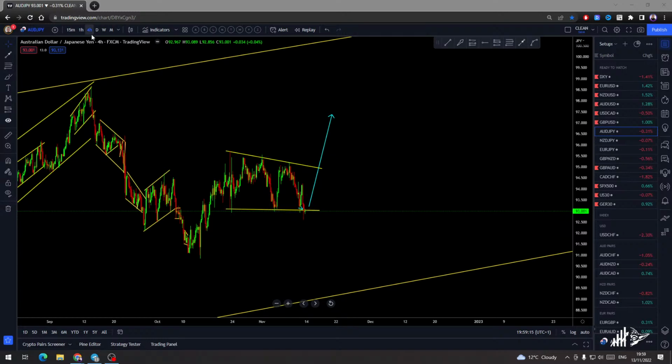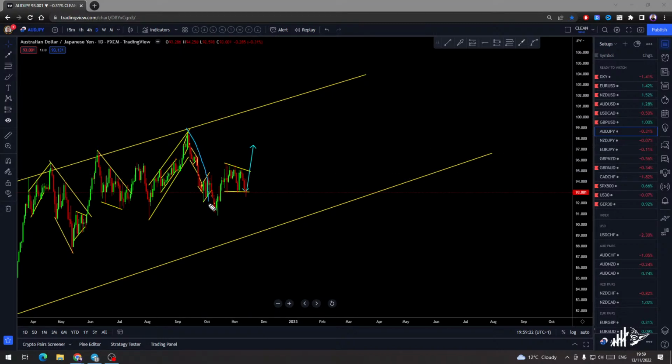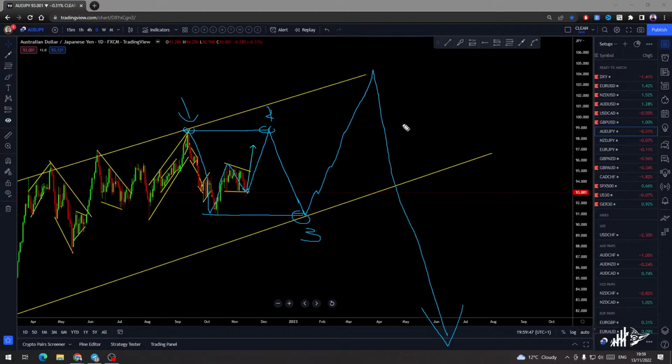So yeah, this looks like a correction. We will see more upside over there. Why and how? Look at that one. This could be just the second move of the correction, another corrective structure which can go and tag the top. This will give you the flat for more upside. This will be the second wave, which can complete around the previous top, reverse, go down, and tag the previous low. This will give you a very nice 1-2-3 flat formation for another leg higher, and then a total drop next year. Okay, next year's trade is this.